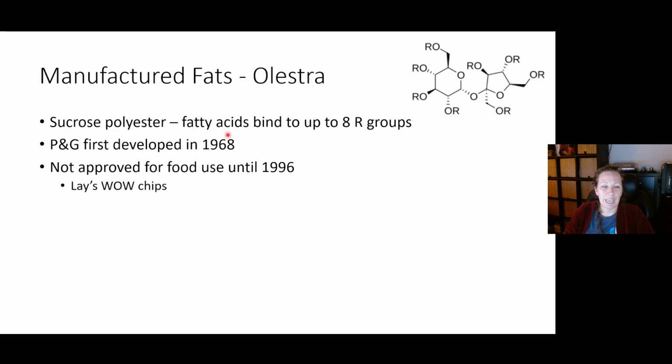In 1998, Lay's Wow Chips were released, and they were great. They have the same flavor, texture, consistency as regular chips. They released them with both Lay's and Doritos brands, and I believe Pringles had a brand too that also used Olestra. The problem came